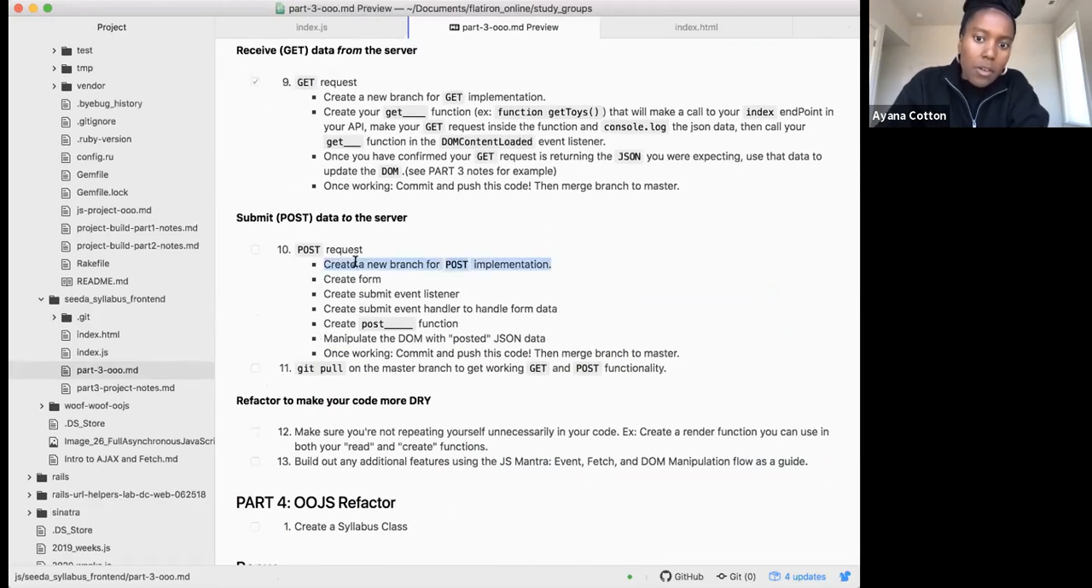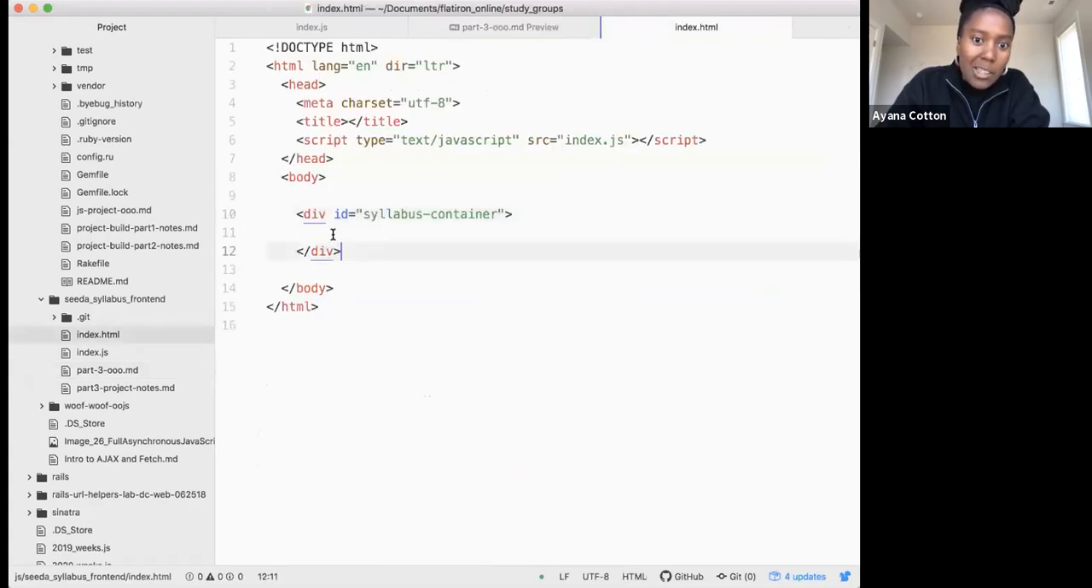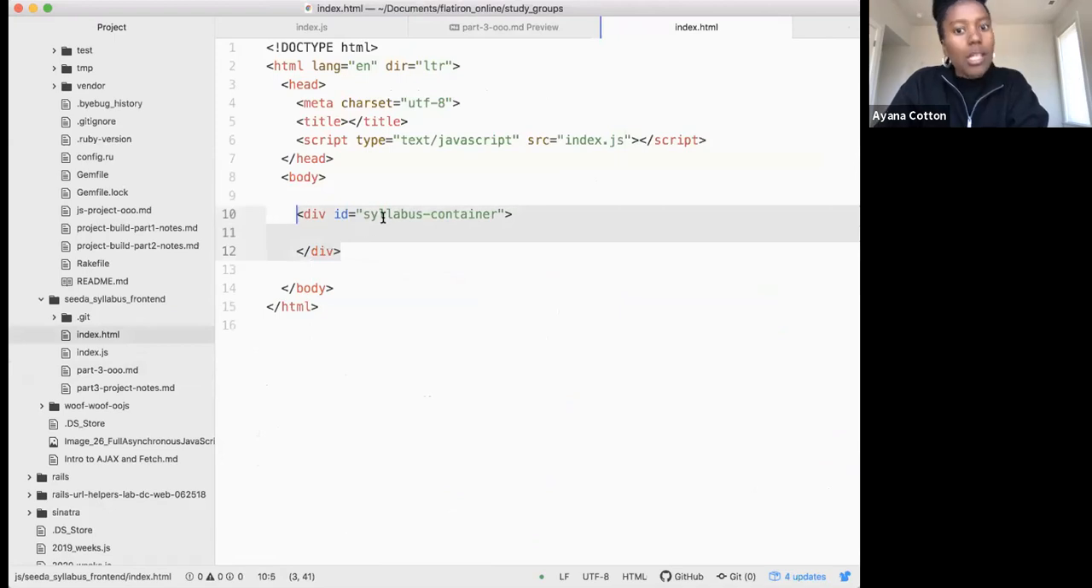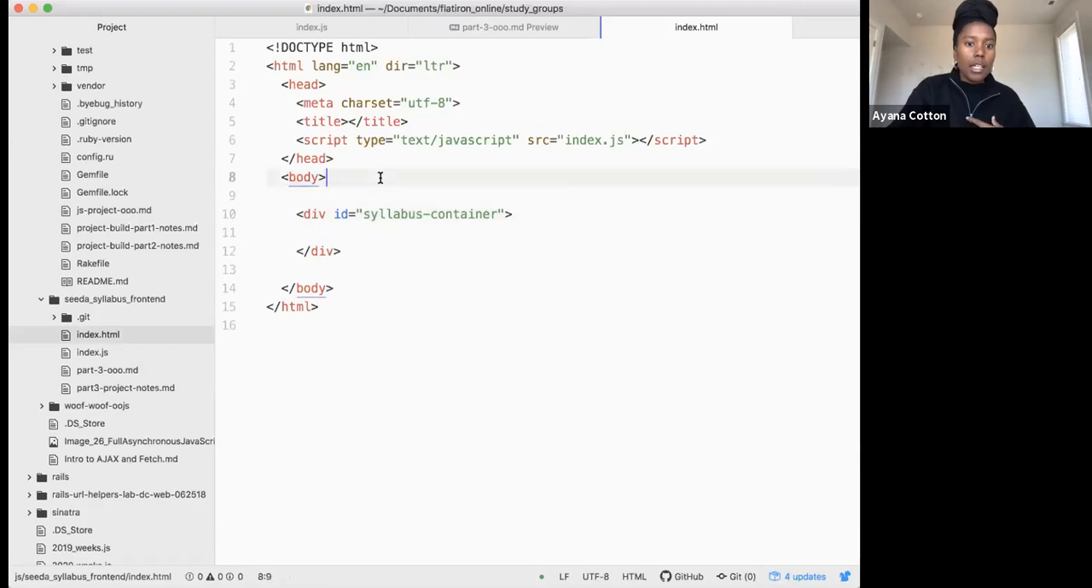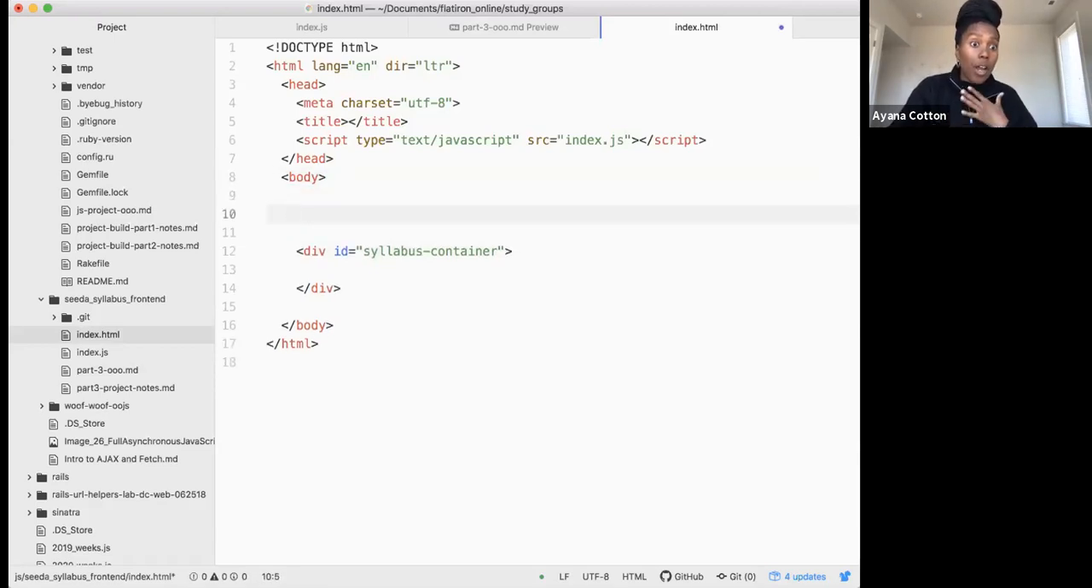Again, if you're following along in this build, please create a new branch for your POST implementation. But for us, in the interest of time, I'm just going to go ahead and start moving forward with creating a form. Currently, if we look at our HTML, it's only this div, only this container. It's fine, it's cute, but I need to eventually have a form in here